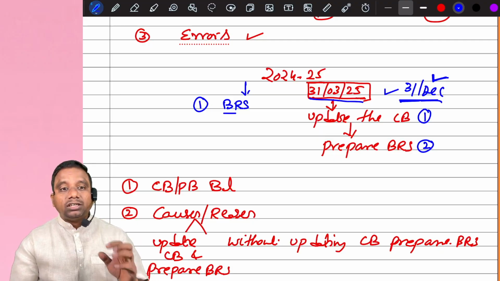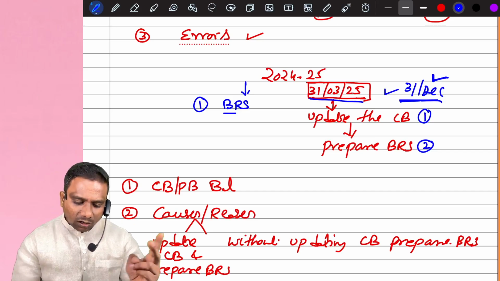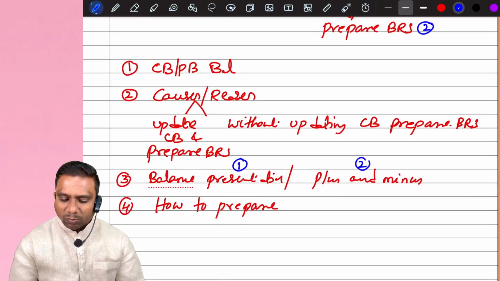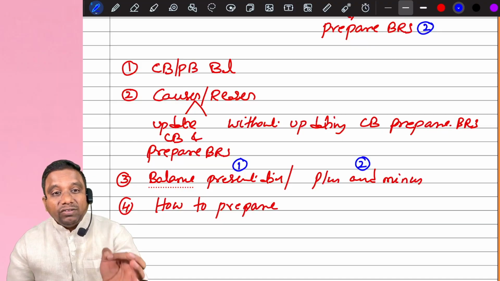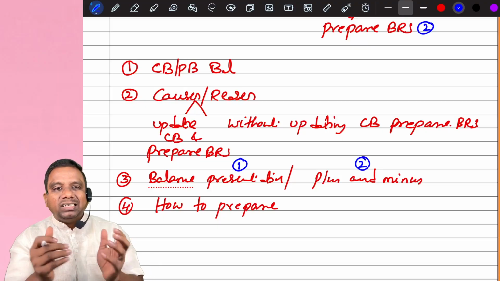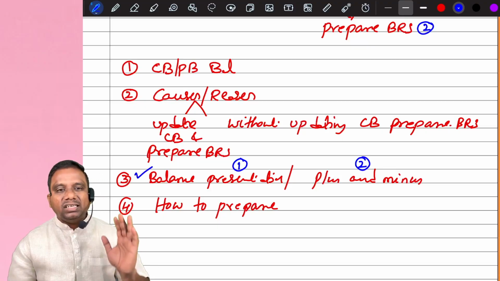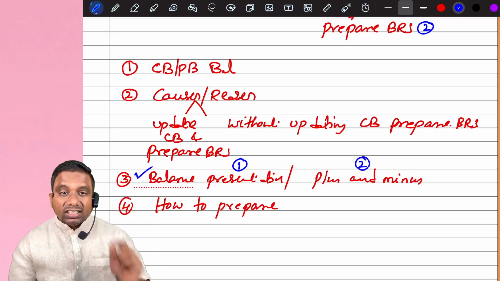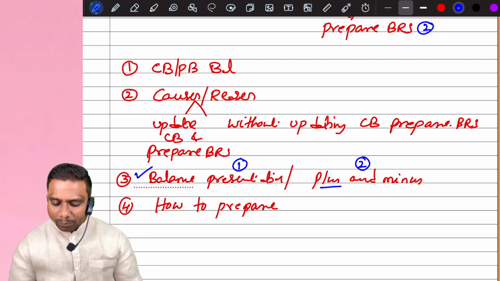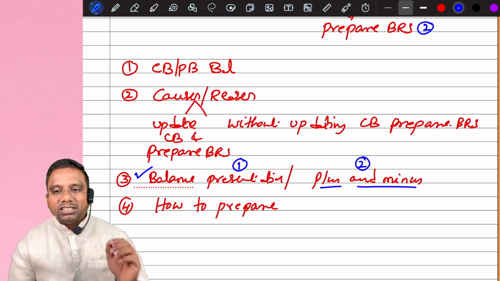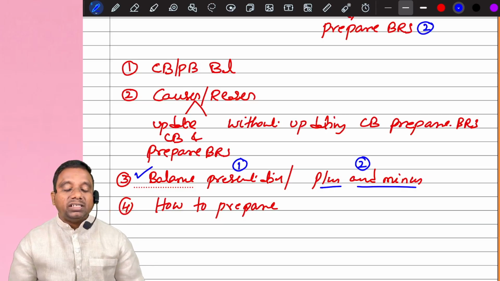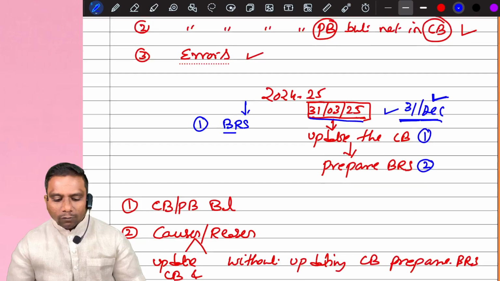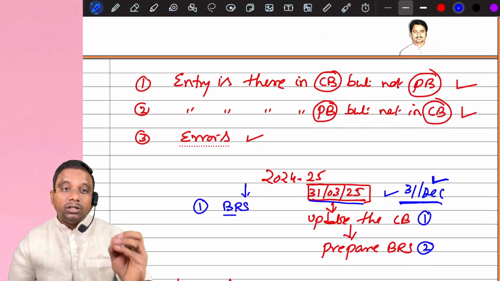Now the next question comes: sir, which format do we have to follow, sir? There are two formats. One is balance presentation. Second is plus and minus presentation. If nothing is specifically mentioned, which presentation to follow? Follow balance presentation. In most problems, 99.99%, we follow balance presentation. If they specifically ask to prepare plus and minus presentation, then follow the same. Is it clear, students? Right. So hope you are following. Now we try to solve the problems. Look at